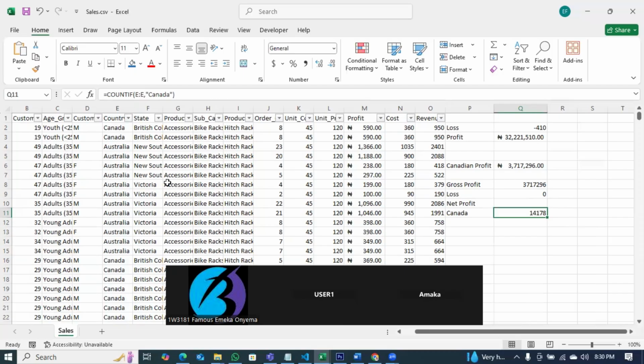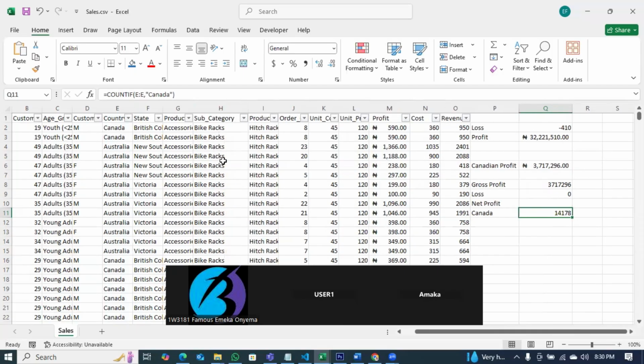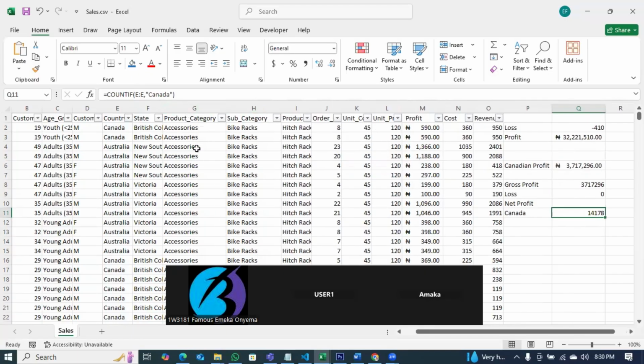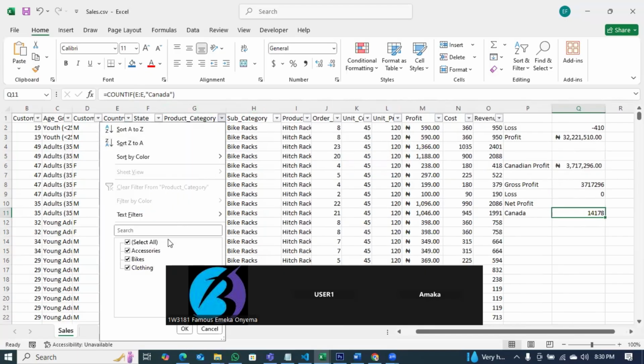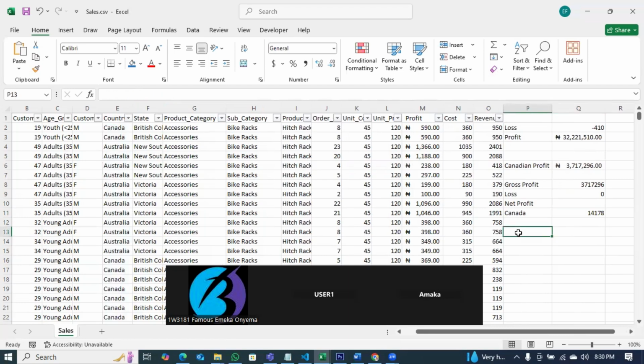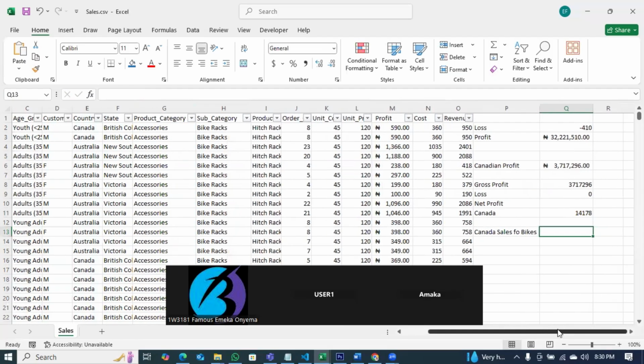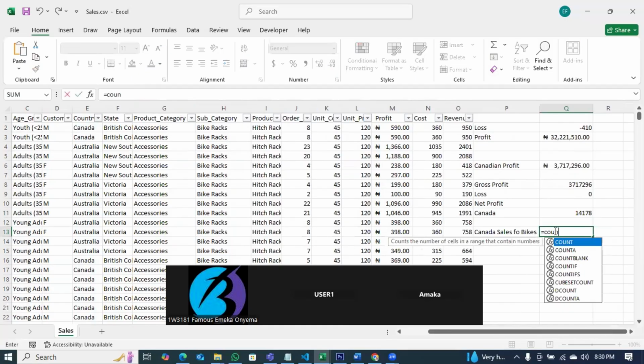But also you might want to check how many people are from Canada that, let's say, product now. What kind of product do we have here? We have accessories, we have bikes. So how many people are from Canada that use bikes? So I can say Canada says of bikes. In this case, I want to count them. I want to count total sales that were made from Canada based on bikes. So in this case, I'm going to use COUNT